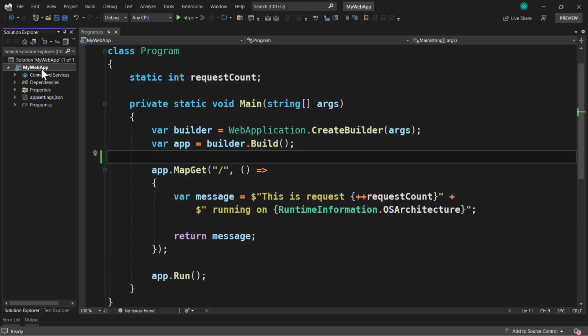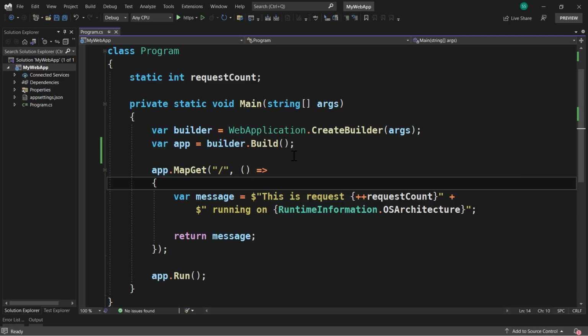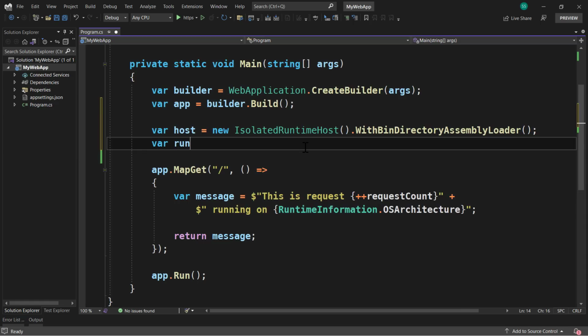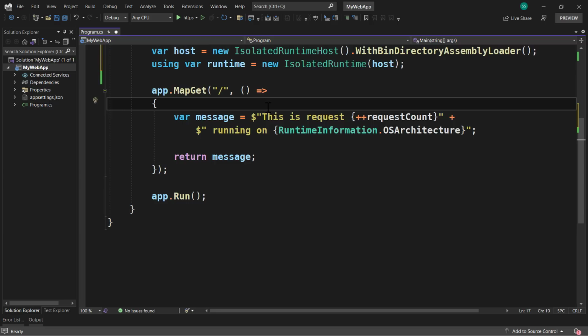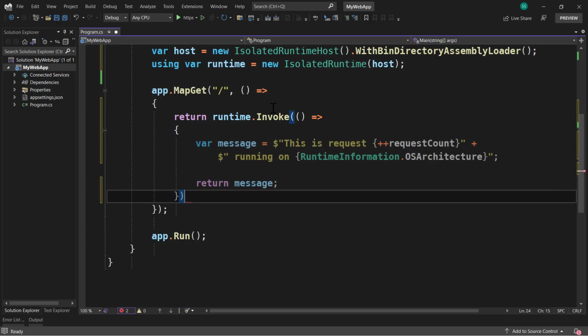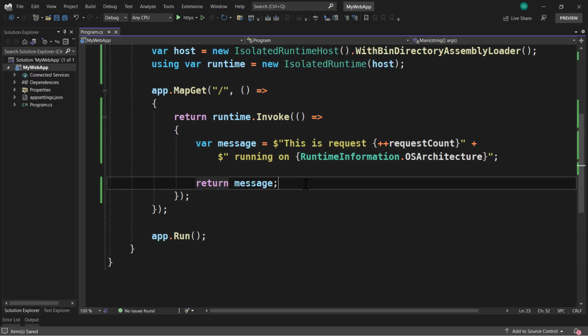I've added a reference to the .NET Isolator package, an experimental package which uses the Wasi-Sdk to run .NET on WebAssembly inside .NET. And the way to use it is we create an instance of an isolated runtime host that configures things, and then we can create as many .NET runtime instances as we like using that. And then we can make a call from regular .NET into WebAssembly .NET in a very easy way, just using a C# lambda method. So the body of that lambda is going to run on WebAssembly, even though the rest of